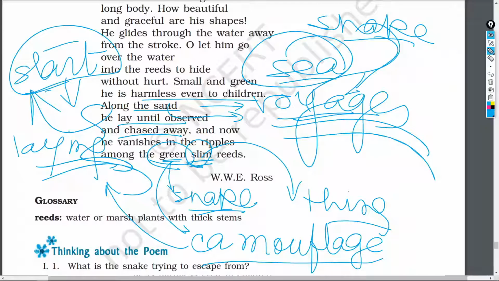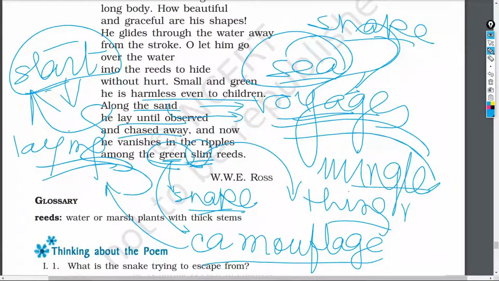There will be the sand, and on the sand, in the sun, he was drying himself, or he was comforting himself. And at that time the man saw, instantly he got the image of the death associated with the snake, and then he took the stick in order to kill it. And finally what it does, in order to save itself from the chasing stick, it goes into the reeds and it mingles, it mixes